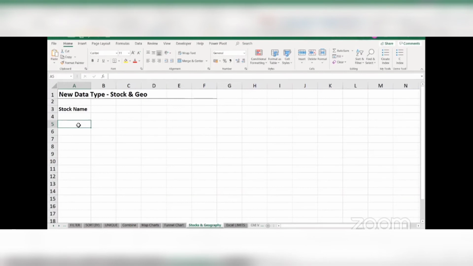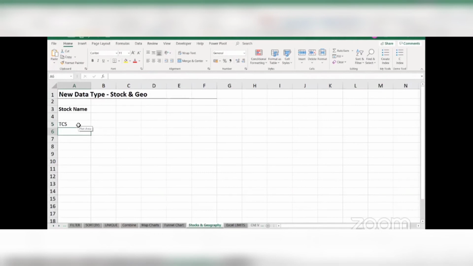Okay, what do I mean by ID? ID is basically the ID by which it is listed on the stock exchange. So, for example, Tata Consultancy Services is not listed as Tata Consultancy Services. The ID of it is TCS, right? The ID on the National Stock Exchange is TCS.